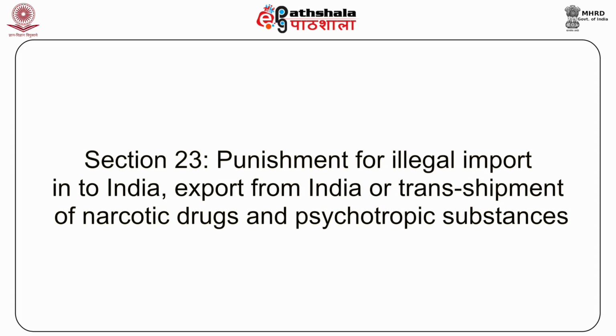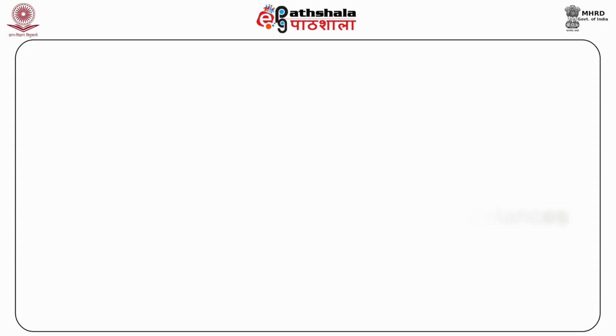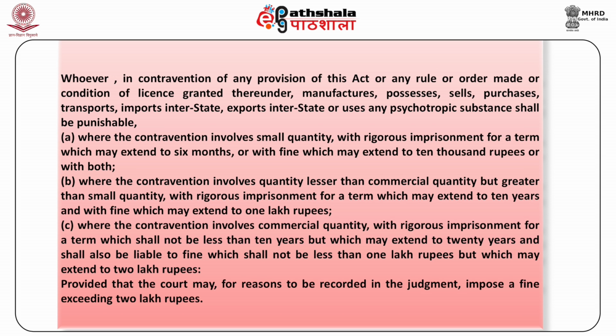Section 23. Punishment for illegal import into India, export from India, or transshipment of narcotic drugs and psychotropic substances. Whoever, in contravention of any provision of this Act, or any rule or order made or condition of license or permit granted, or certificate or authorization issued thereunder, imports into India or exports from India or tranships any narcotic drug or psychotropic substance shall be punishable, where the contravention involves a small quantity with rigorous imprisonment for a term which